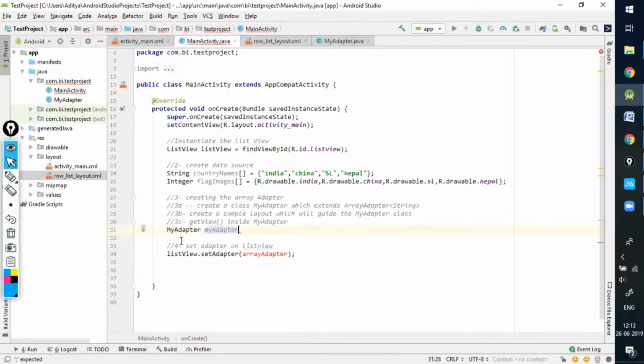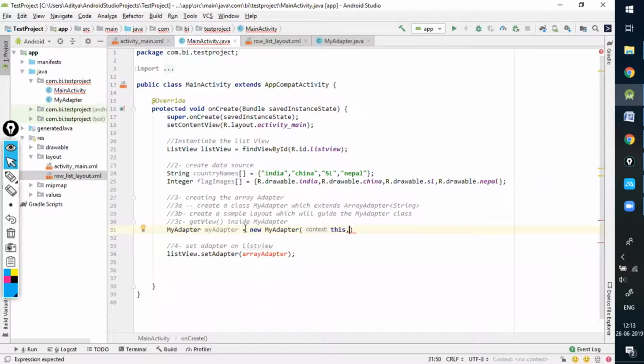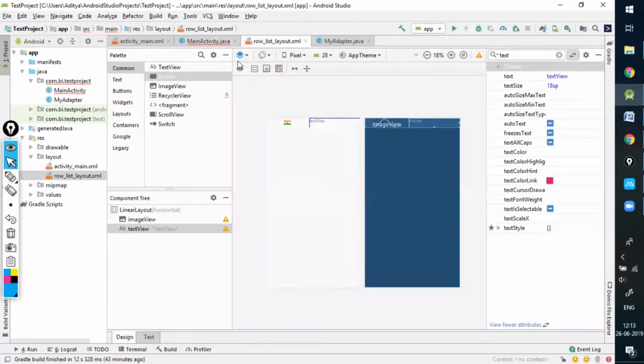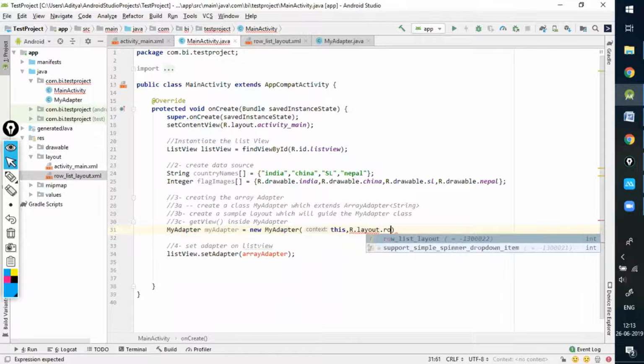So I'll create an object of my adapter equals new my adapter constructor. The first thing which shall be going inside this constructor is nothing but this. The next thing is int resource. Here you have to give the name of the resource file. Since this is the box, I have to give the structure of the box, R.layout.row_list.